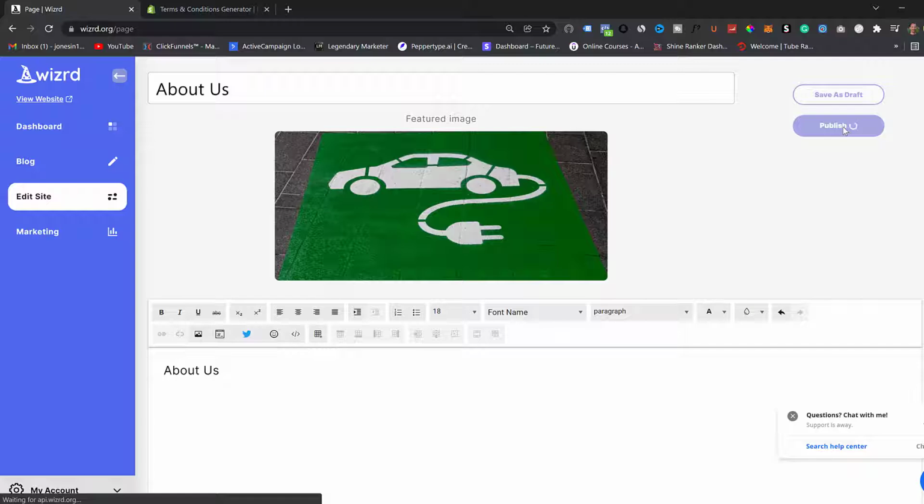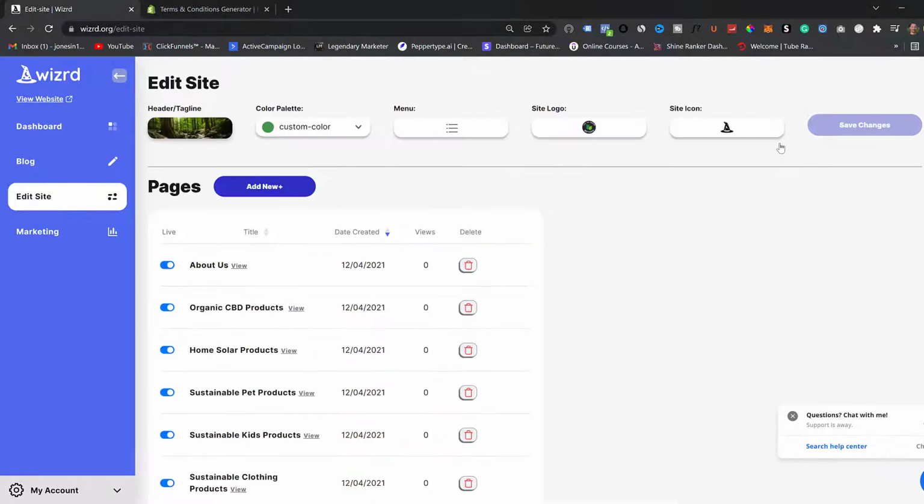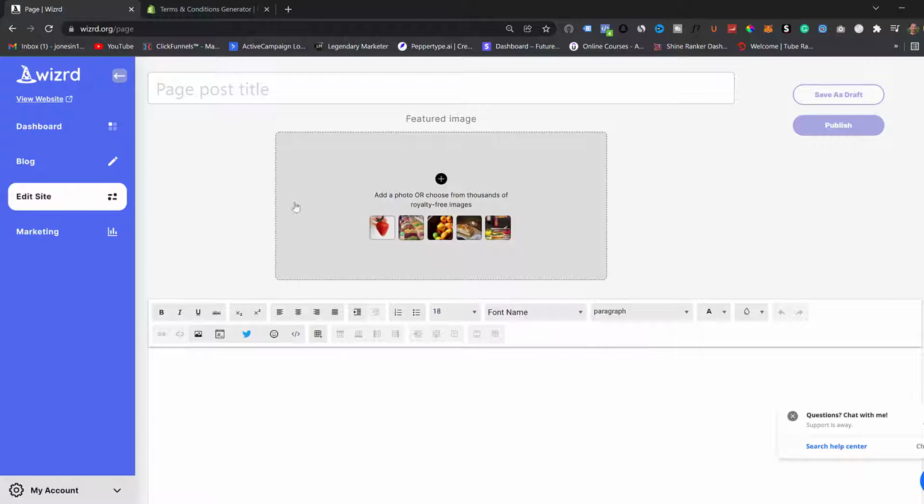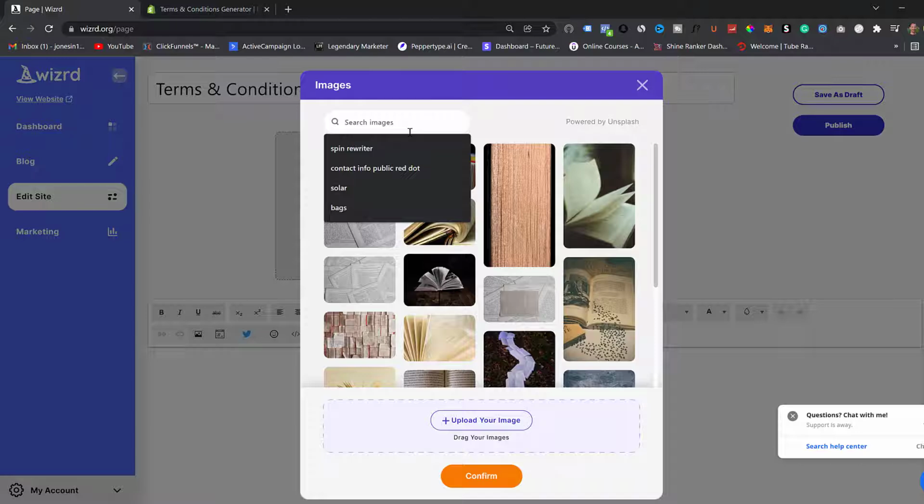All right, so I will go ahead and show you how quickly we can set up the rest of these. So the next thing we're going to want to do is set up a new page. So we're going to want to do terms and conditions next. So terms and conditions, you can just do